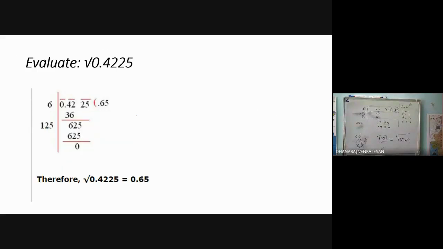Now you go through this problem in the presentation itself. Here they have given 0.4225. Wait, I'll tell you another root. 0.4225, is it right? For grouping this, I told the first step is to pair the given digits. While pairing, I told you have to come from the unit digit's side. But here there is a decimal point. So from here, this is the unit digit.